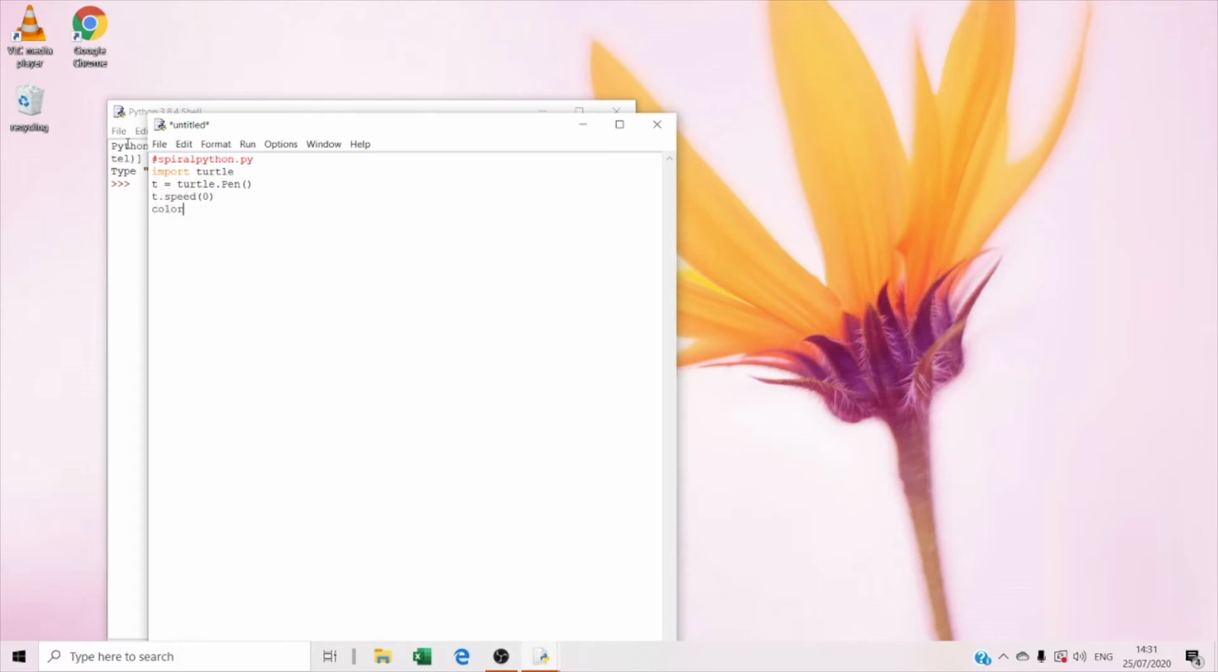So colors equal to, so let's say red, comma, space and quotation. We say kind of yellow and comma pink, and the last color we say kind of green. And brackets and enter. And right now we're going to type for x in range